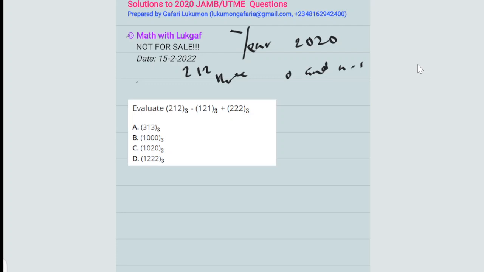When you are working in base 5, then you can only have numbers between 0 and 5 minus 1, which is what? 0, 1, 2, 3, 4. So in general, when you are working in base n, then you can only have numbers between 0 and n minus 1. So now we have our question in base 3. I hope you understand now. Since we were given the numbers in base 3, you know that all the numbers must be either 0 or 1 or 2. You must not have 3 or numbers that are greater than 3.